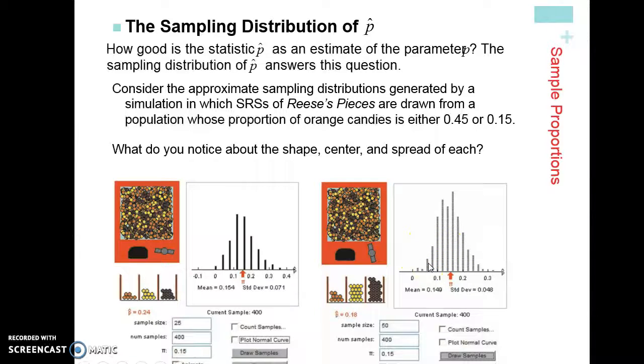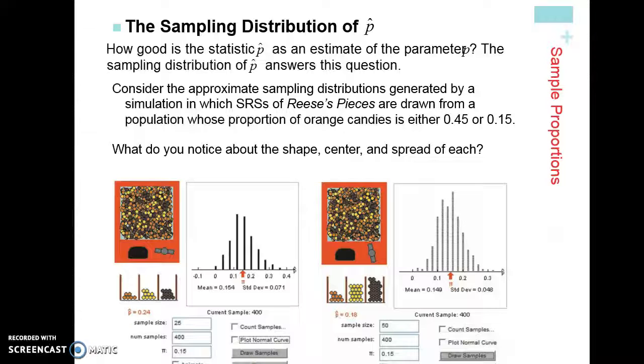Now, why is that? Well, you might be able to guess why that is, and it's because 0.45 is kind of close to 0, and you can't get a proportion or a sample that's below 0, right? So my sampling distribution is going to be slightly skewed to the right. This means it matters what my proportion is in order for my sampling distribution to be a good or unbiased sampling distribution, right? So this one is going to be slightly skewed to the right, as you notice here,